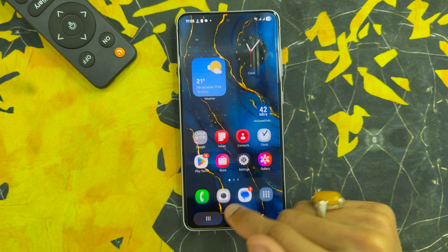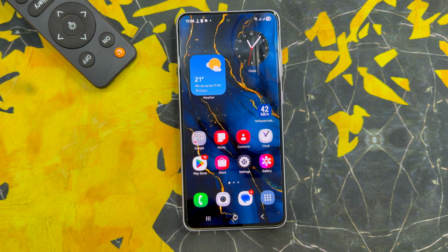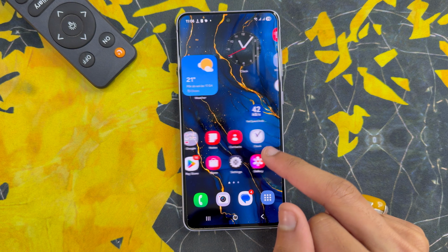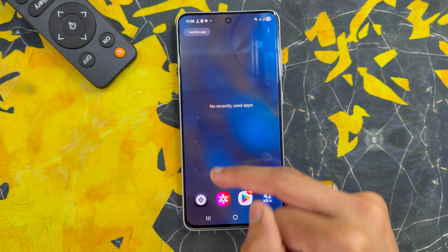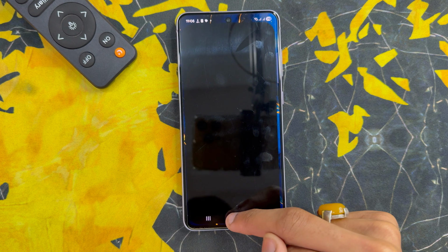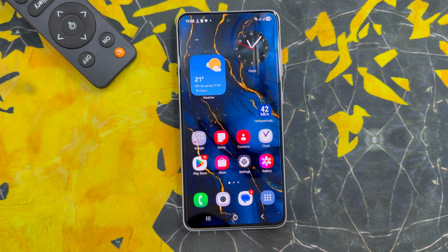After clicking on reset, go back to home screen. You will see your problem is solved. But if it is still not solved, clean your phone. That's how you can fix no signal issue on